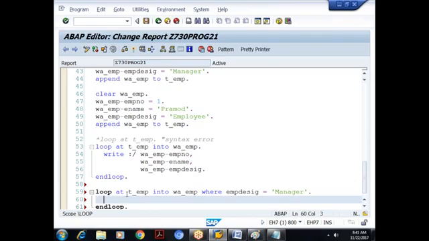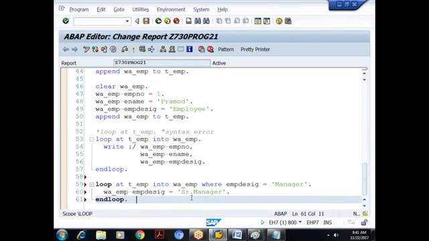So when you loop here, what happens? Each record will come to the work area. So see the change here. I'll say W_EMP hyphen employee designation equals senior manager. Am I clear? W_EMP hyphen employee designation equals senior manager.